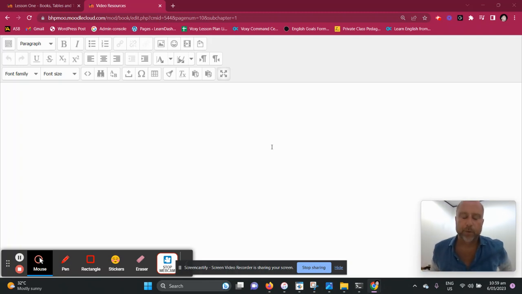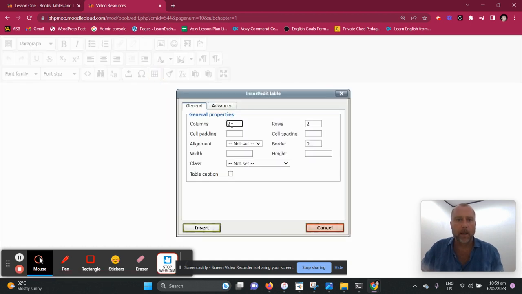Part of what we're trying to do here is create, alongside lessons, your lesson guide. And part of the lesson guide is to include your weekly outline of what you're going to be doing. So here is what I suggest. We create a table, and we say the columns should maybe be 5 and the rows, if you're 17 weeks, let's make it 18